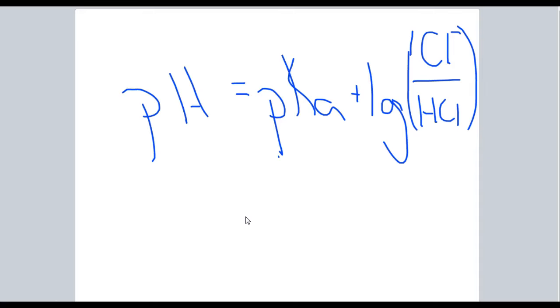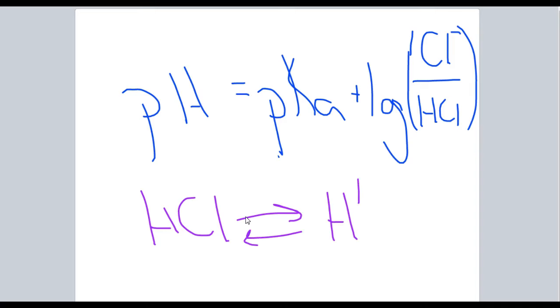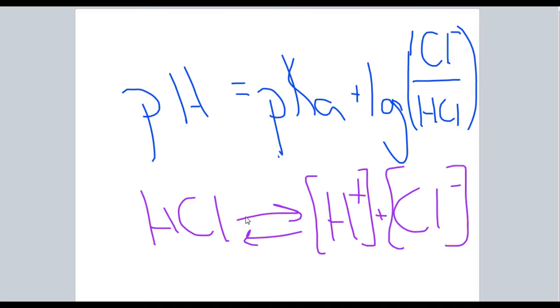So if we consider a situation where the amount of hydrochloric acid that we've added, some of it dissociates, and some of it does not. So we've got HCl, some of it dissociated, some of it still in the form of HCl. If we imagine a situation where these amounts are equal, in other words, half of the hydrogen chloride that we've added has dissociated, and the other half of the hydrochloric acid did not, we would see that the amounts of this